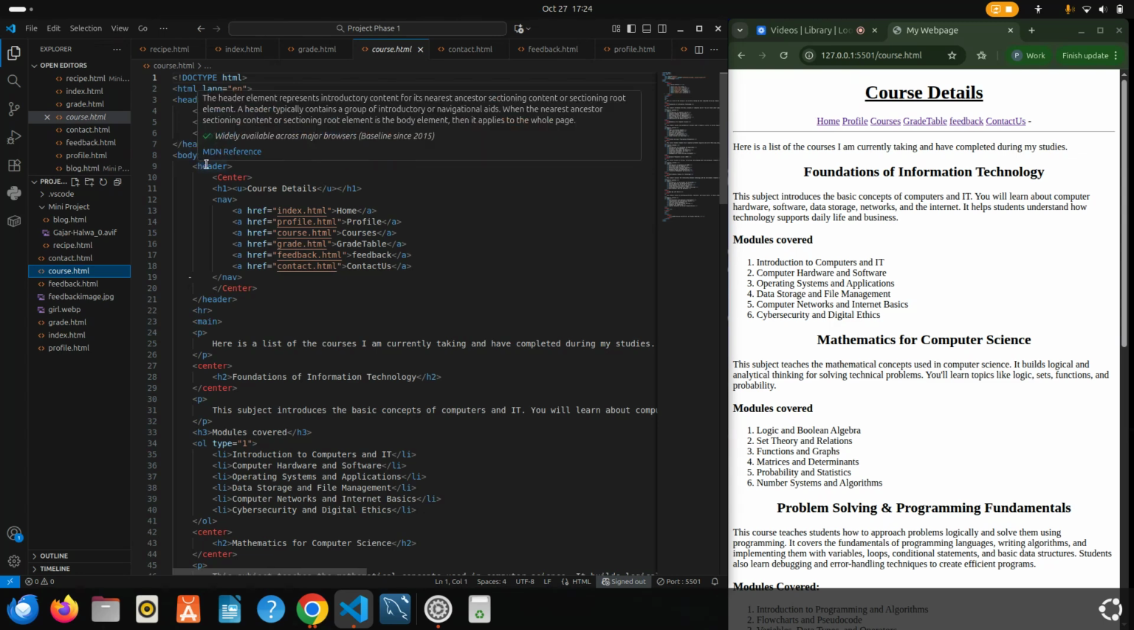And this is the body tag. It contains all visible content of the web page. This is the header tag. It is the top section of the web page. It usually contains the logo, navigation bar,